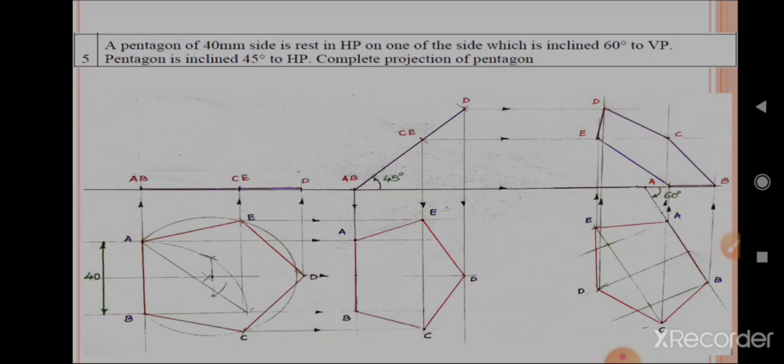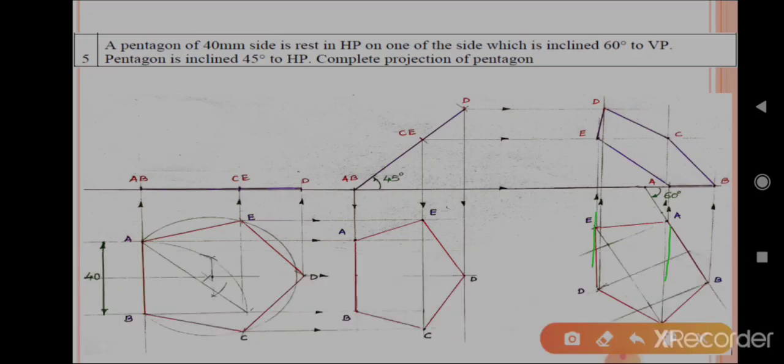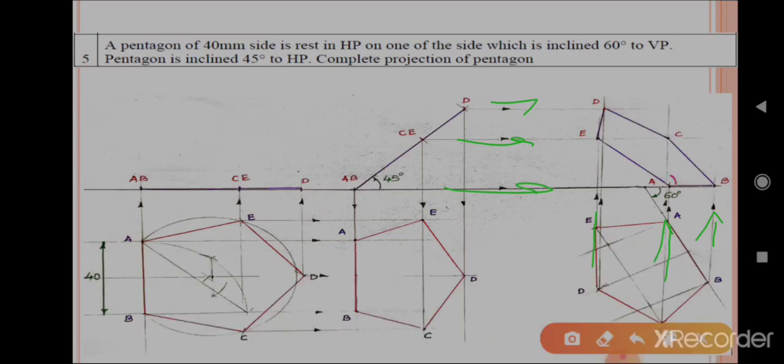And we can take the vertical projection lines from each point, and horizontal projection lines in the front view, and mark all the points, point A, B, that is resting on the horizontal plane with cross